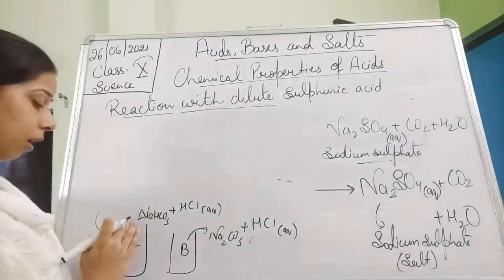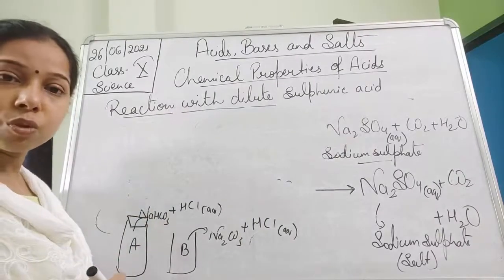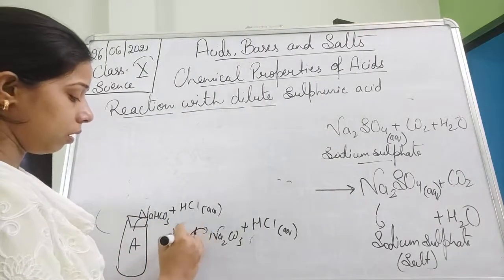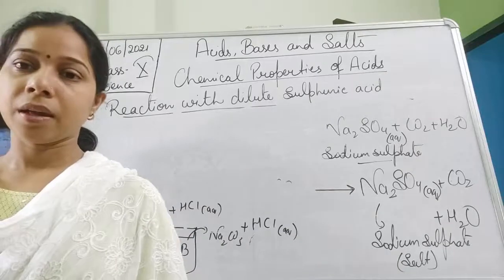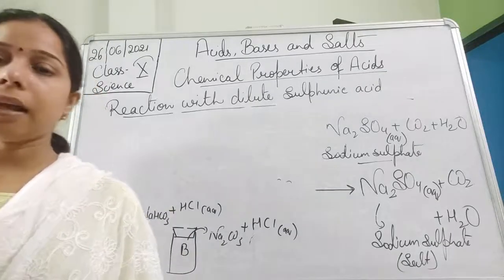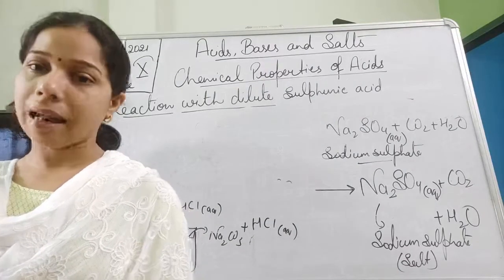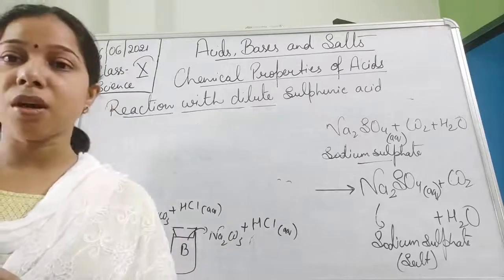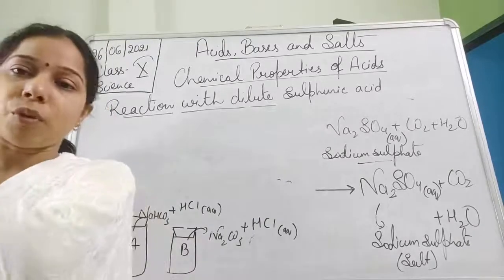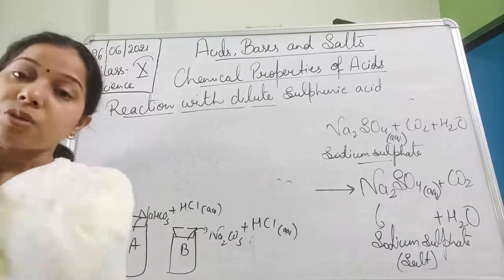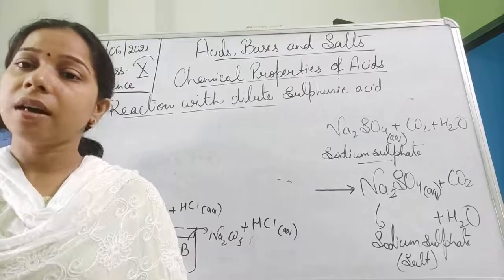So what we will do, we will cover both of the test tubes with the help of a cork. Now we will take a delivery tube, and one end of the delivery tube is inside the lime water. What happened when this gas, which is released due to this reaction, reaches the lime water? It makes the lime water turn milky. So this is how we can say that the gas which is released is carbon dioxide gas.